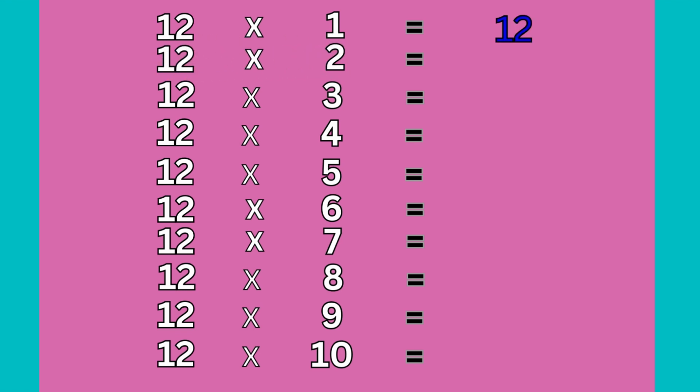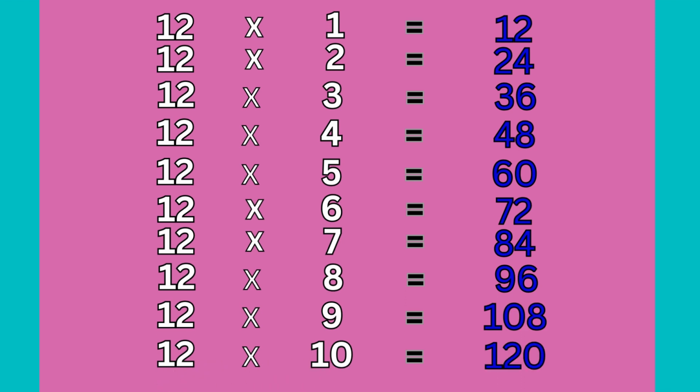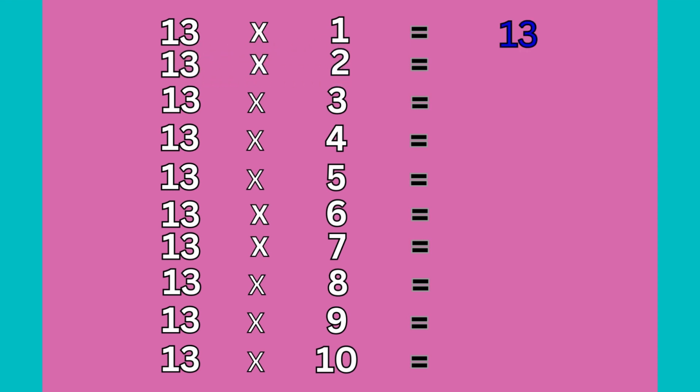12 ones are 12, 12 twos are 24, 12 threes are 36, 12 fours are 48, 12 fives are 60, 12 sixes are 72, 12 sevens are 84, 12 eights are 96, 12 nines are 108, 12 tens are 120. 13 ones are 13, 13 twos are 26, 13 threes are 39, 13 fours are 52,